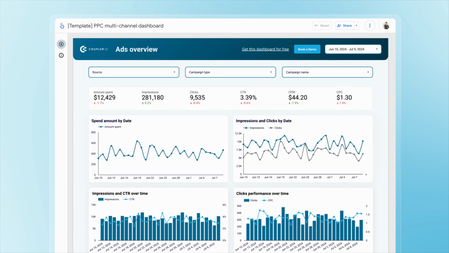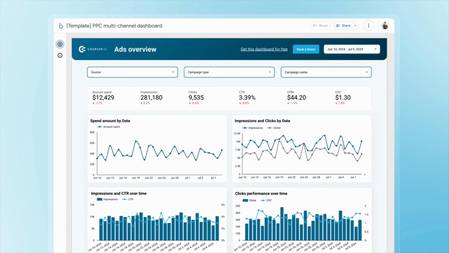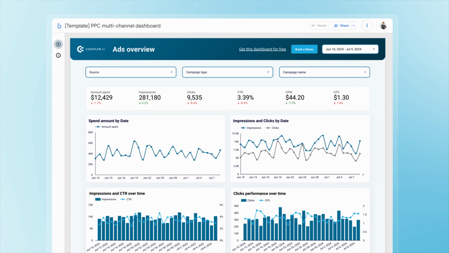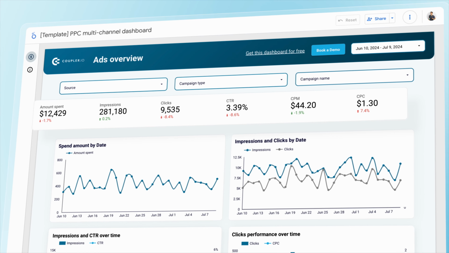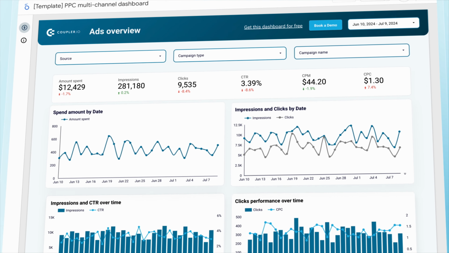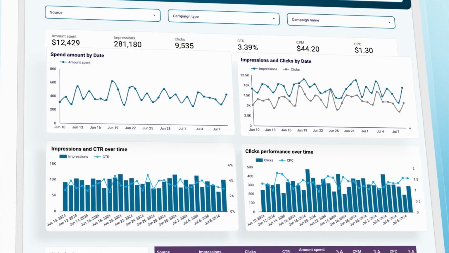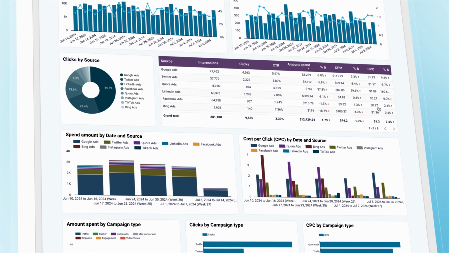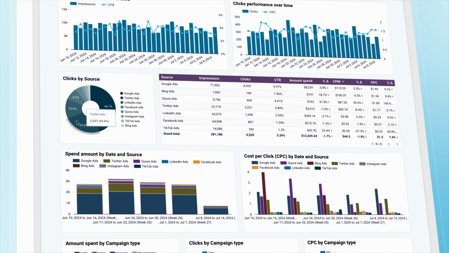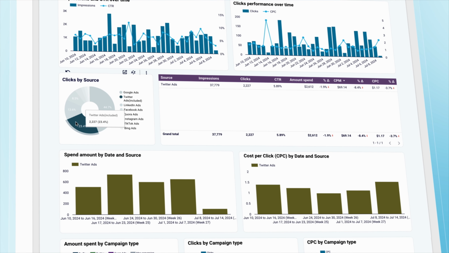Each of the key results I mentioned includes one or more key performance indicators. Tracking these KPIs is crucial when implementing the OKR process, and having a dashboard like the one I showed you earlier can significantly streamline your workflow. The template is customizable to fit your specific needs. You can easily swap out the metrics displayed on scorecards to align with your OKRs, or add additional metrics as needed. Monitor the daily fluctuations of your KPIs and track key metrics separately for each PPC channel. The dashboard allows you to sort and filter data by individual channels, providing clear insights into campaign performance.